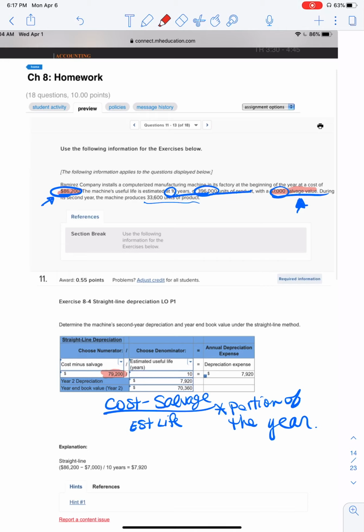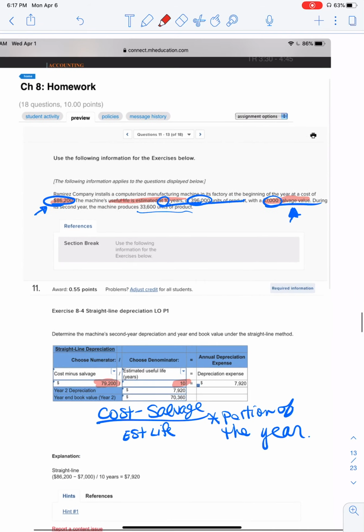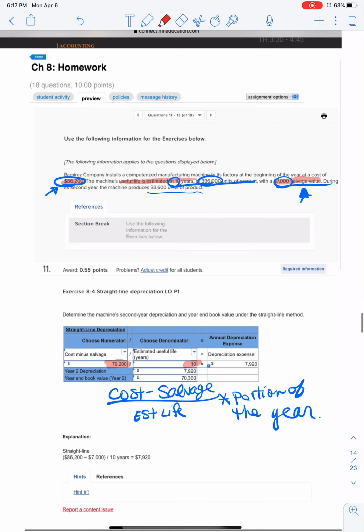We are then told that the estimated useful life is 10 years, so that drops in right here as my estimated useful life, which tells me that each year I'll take $79,200, divide that by 10, and I'll come out to $7,920 in depreciation expense. Now that will be true for year 1, that will also be true for year 2. And at the end of year 2, my year-end book value will be